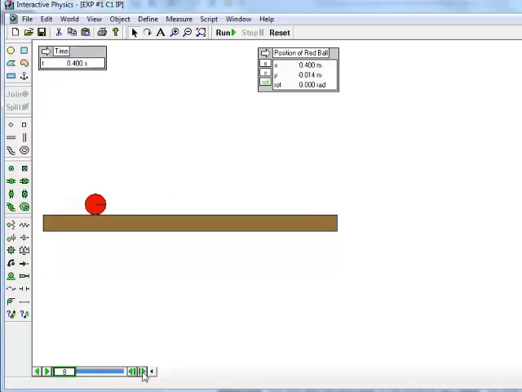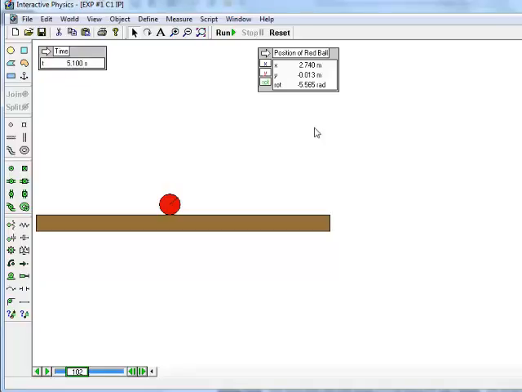pick certain time intervals, even maybe as detailed as a tenth of a second, and do the position. So for the first one, at 0.1 seconds, it's at 0.1 meter. Maybe at 0.3 seconds, it's at 0.3, so on and so forth. You're going to find the intervals that work the best for you. And notice all I did there was just move where the position of the little board was. Eventually, at some point, you'll notice, especially if you let time really go normally, that it no longer syncs up exactly. While they're matching up exactly, for every tenth of a second it moved a tenth of a meter.